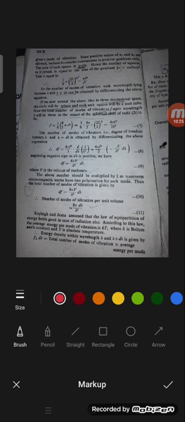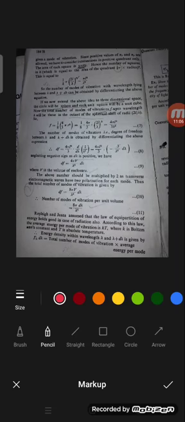Now let us consider the wavelength lies between lambda and lambda plus d lambda. Then the number of modes of vibration will be 1 by 8. If we take the circle in three-dimensional space, how does it look? It looks like a sphere. So what is the volume of the sphere? 4 by 3 pi r cube. So then F is equal to 1 by 8 into 4 by 3 pi r cube. That is 1 by 8, 4 by 3 pi into, what is the r value? 2L by lambda, that is (2L by lambda) whole cube.